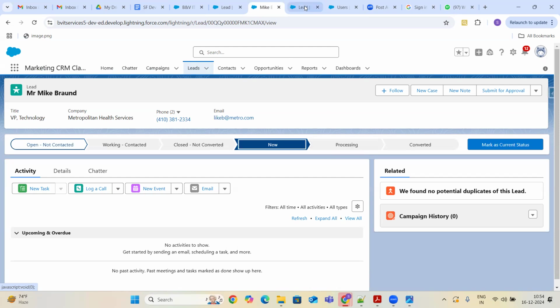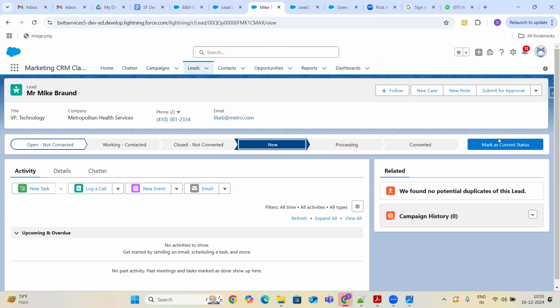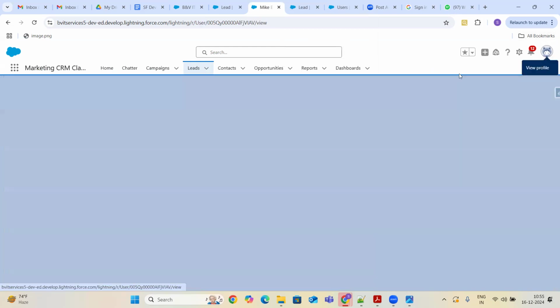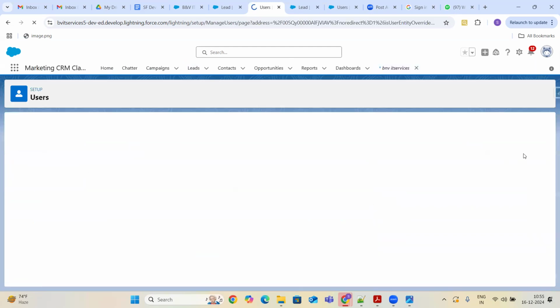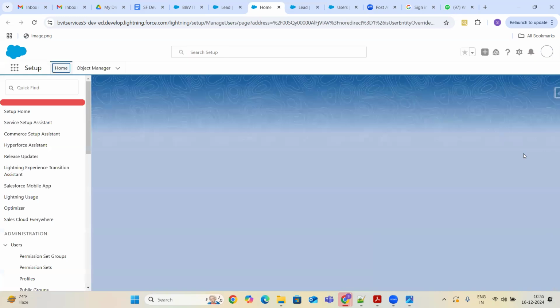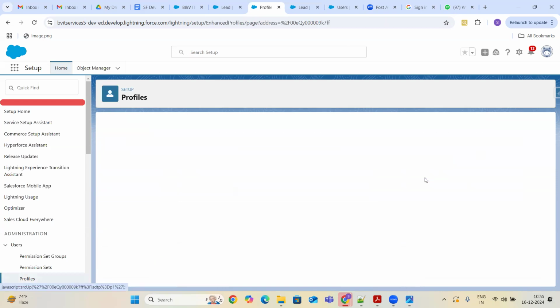So if I go to my B and B IT services user detail, I'm the system administrator profile. I'm going to click on my profile.